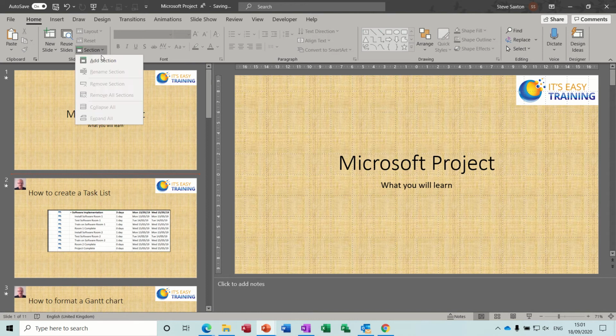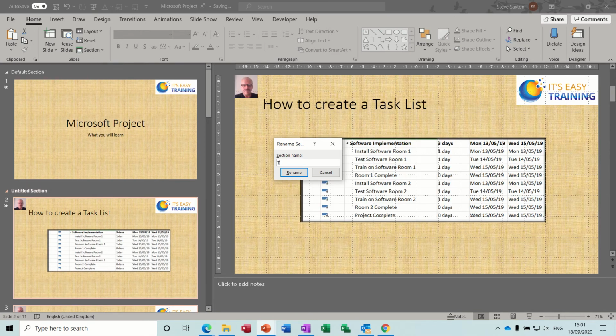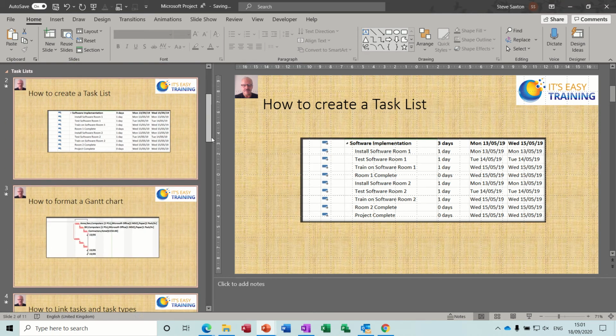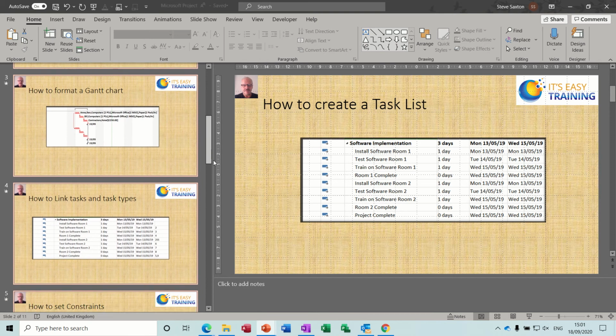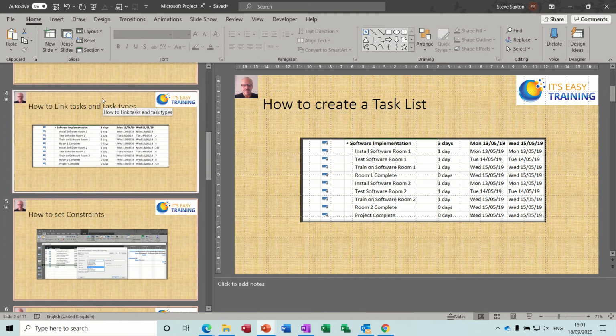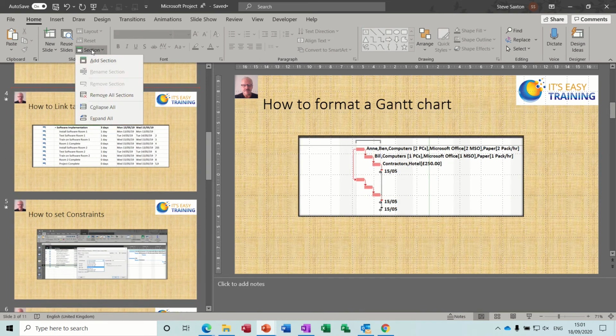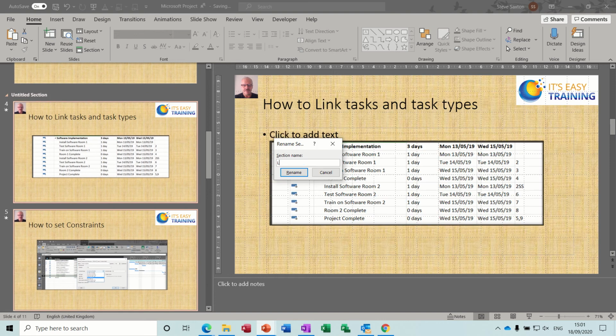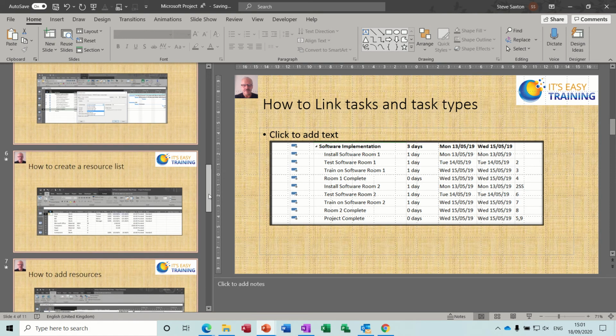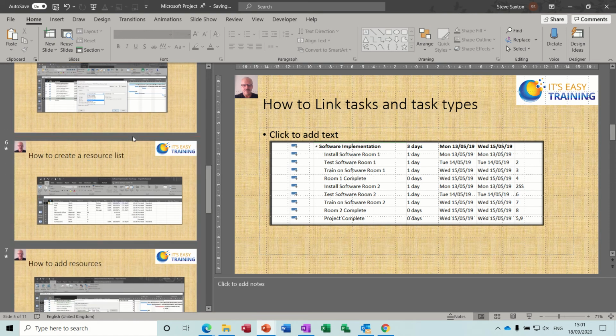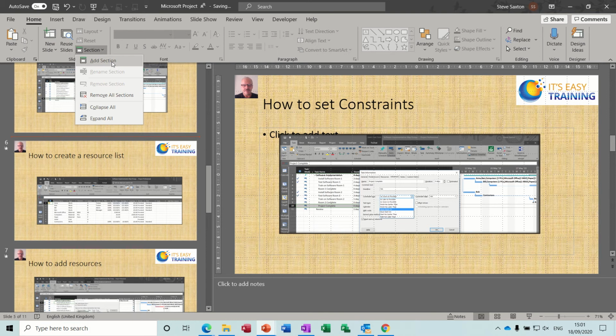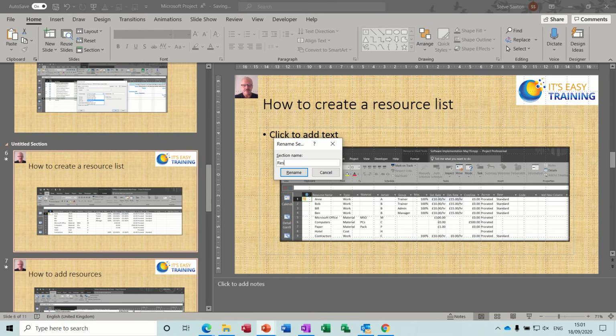So this is going to be add section, task list, and rename that. You come down and that's task types, so I'll go linking tasks there, add section, linking tasks, come down, then we've got resources, so a new section, add section, resources,